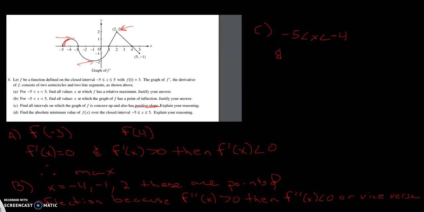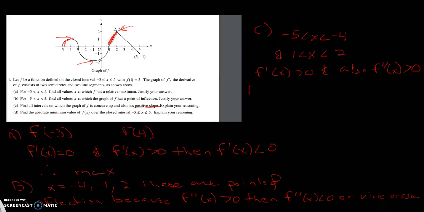And what's the next one? We're only doing the positive. Otherwise, we would say -1 to 2. So we're only counting this part right here because that's above the x-axis. So you would say from 1 to 2, and you would say f prime of x is greater than 0,